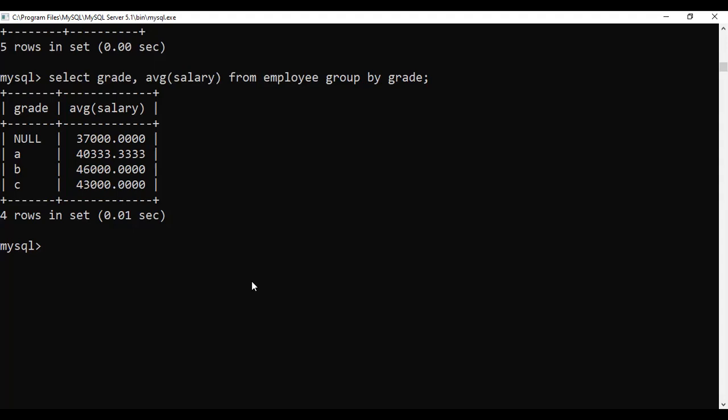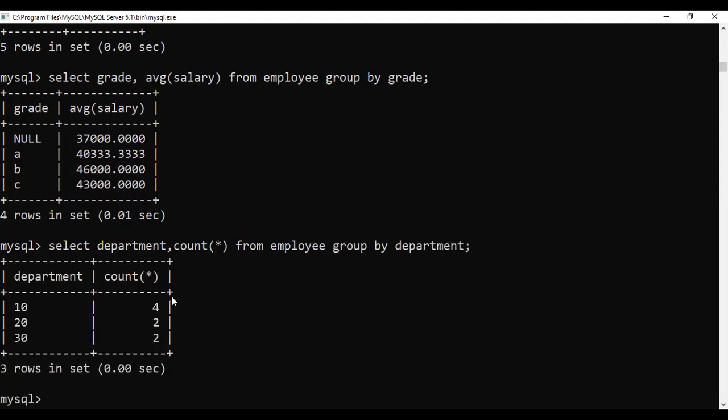Suppose I have given like select department, to display the number of employees in each department, so count star from employee group by department.